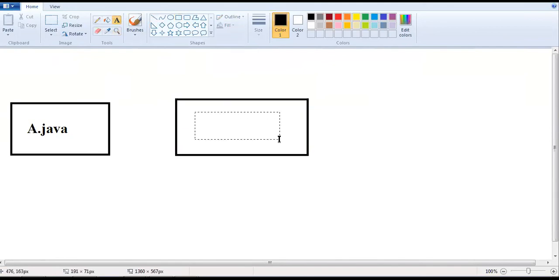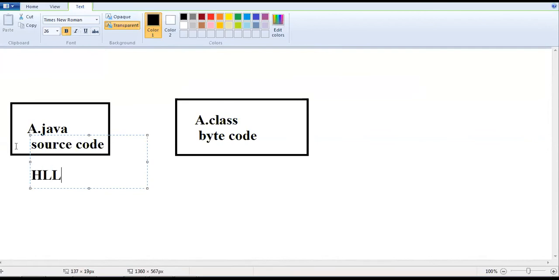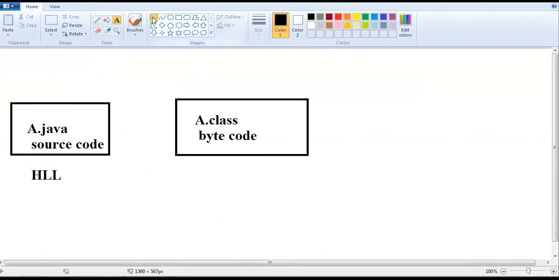It converts that code to an A dot class file. Now, this class file contains byte code, not binary code, guys. What does A.java contain? High level code, or source code. What is meant by source code? High level code. We will convert it to byte code.